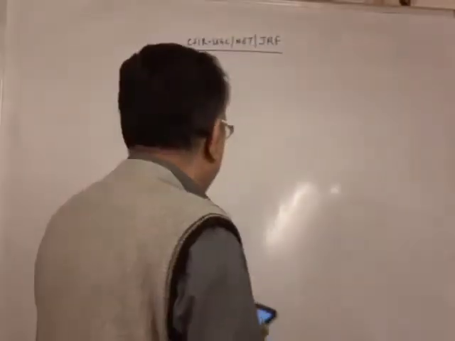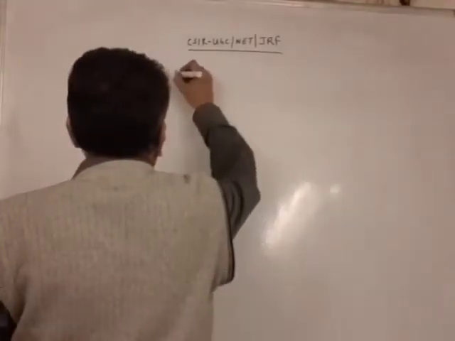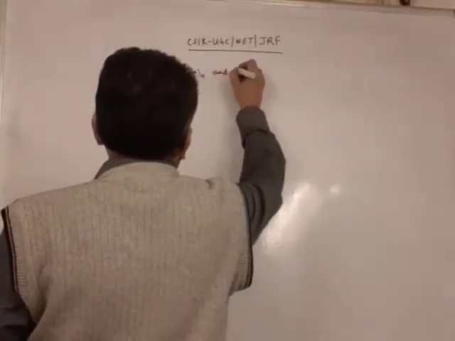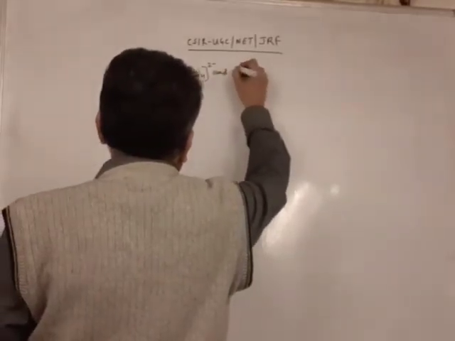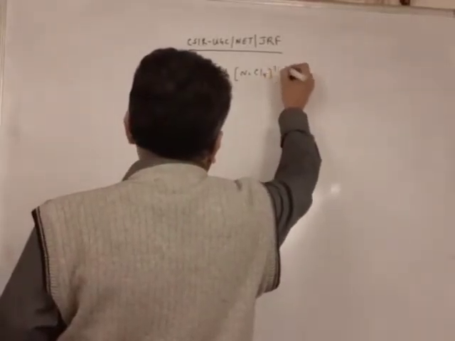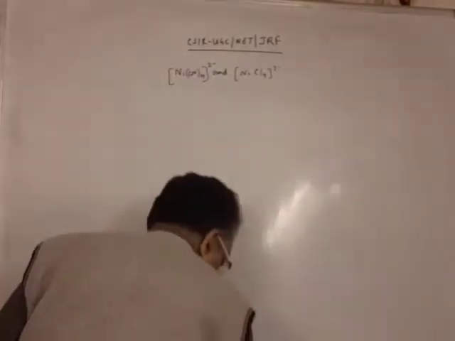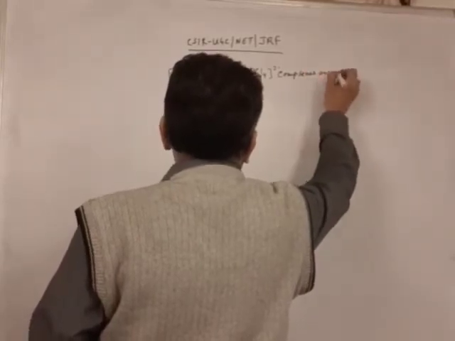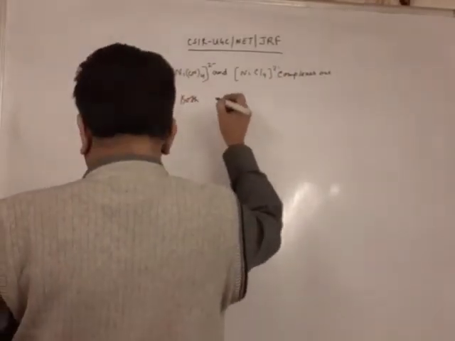Our next problem is: Ni(CN)4 2- and NiCl4 2- complexes are A, both diamagnetic,